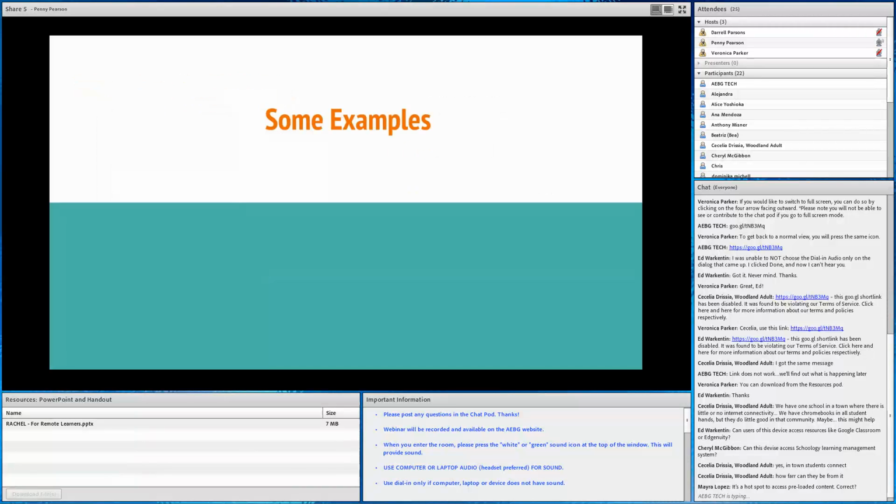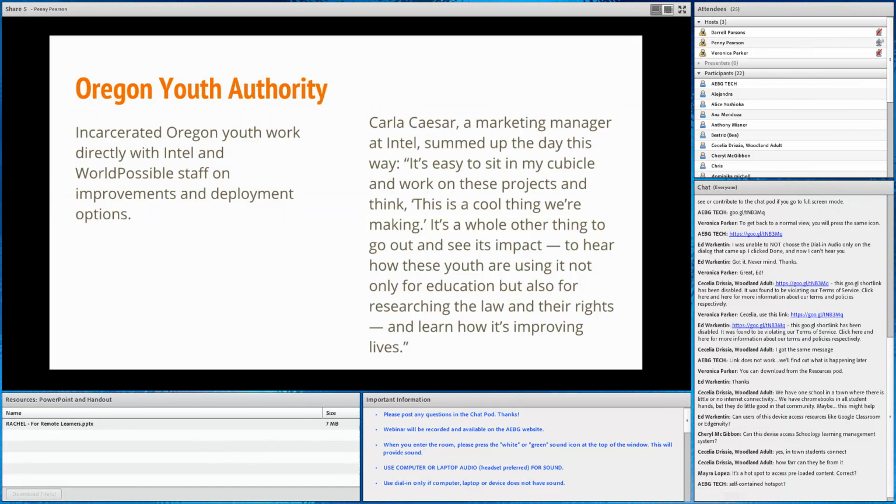So let's see exactly what that may look like, some examples. Up in Oregon, the Incarcerated Oregon Youth work directly with Intel and World Possible, and they've really worked on making this something that can help. Especially, this was youth authority for folks that were either on parole in a jail situation or in a juvenile hall, that kind of thing.